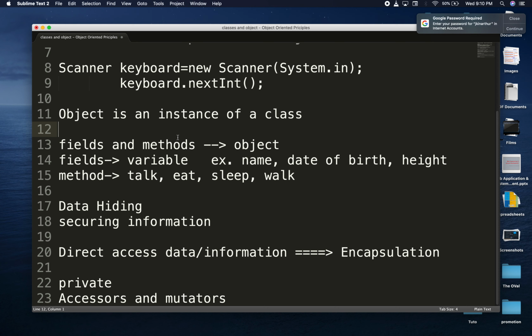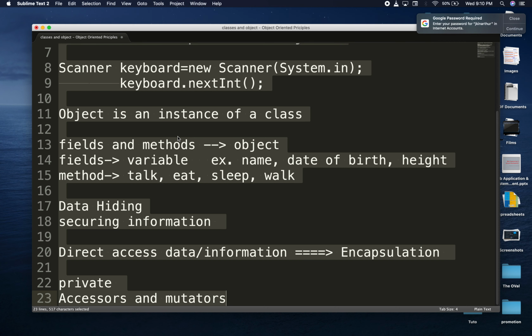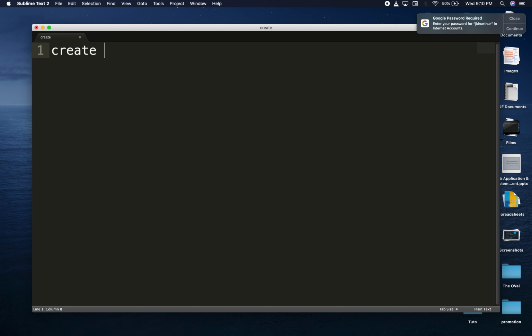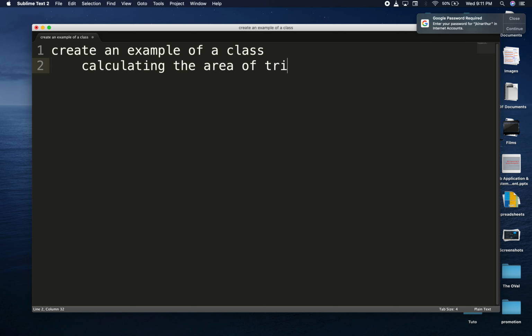In this particular video or episode, we're going to create an example of a class focusing on calculating the area of a triangle. Okay, all right, so quickly we want to say that calculating the area of a triangle in relation to classes